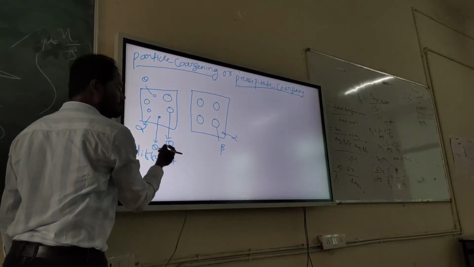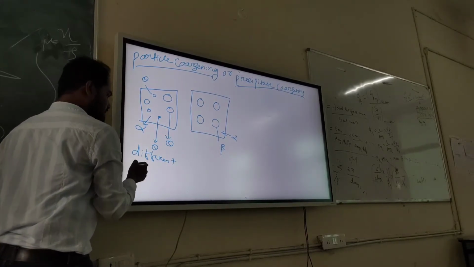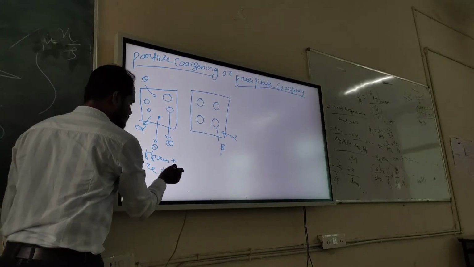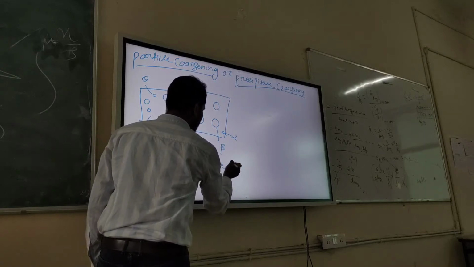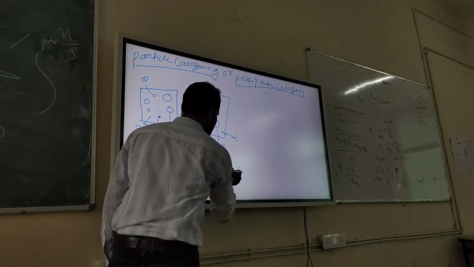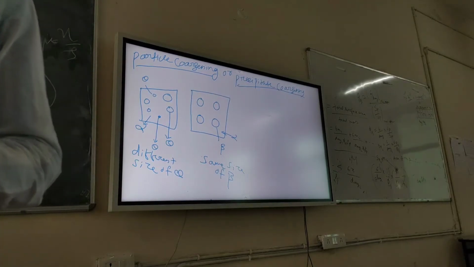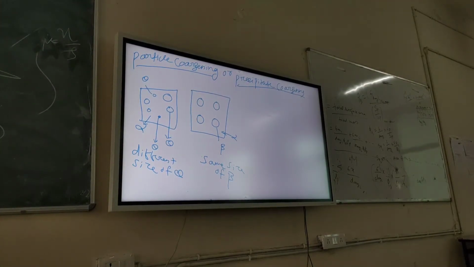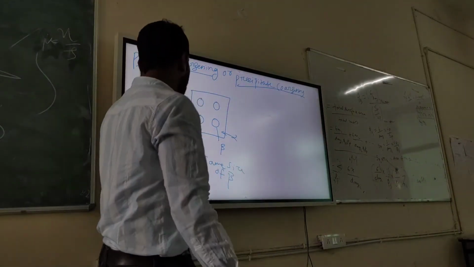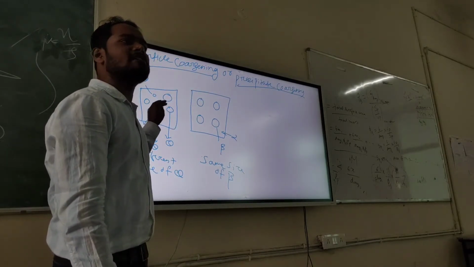What is the difference? Can you figure it out in these two things? Which one is precipitate and which one is matrix in this both case? The first one, in the first case, which one is matrix and which one is precipitate? Alpha is the matrix, theta is the precipitate. Very good. Precipitate is a particle which forms on a matrix, right? And second case, alpha is again matrix, beta is the precipitate. But what is the difference between these two? Size difference. Very good. So here you have different particle size, or you have different size of precipitate, but here you have same size precipitate.